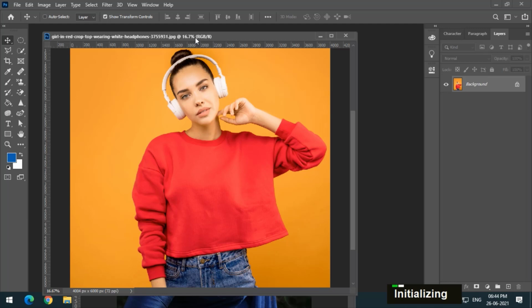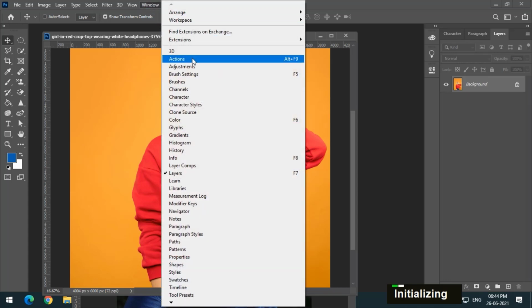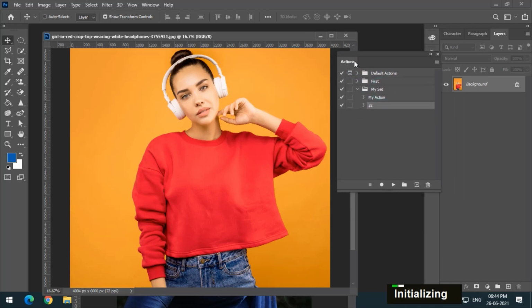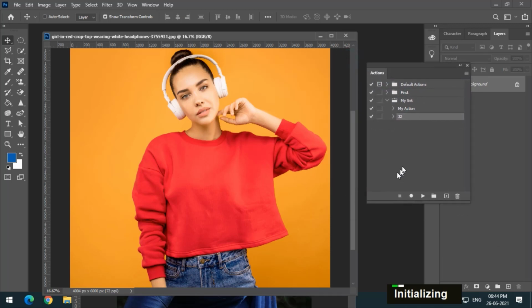So let me open the actions tab first, which is present in Window, then Actions. We will get an actions panel. We already have some sets here. These icons look just like folders; these are the sets of actions.